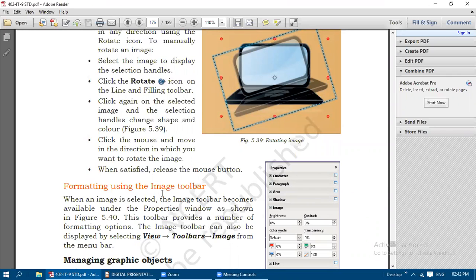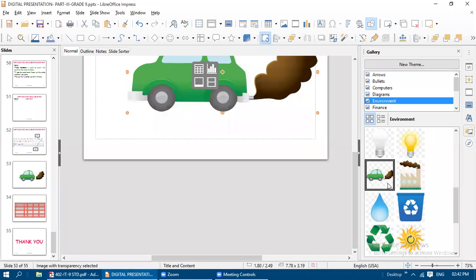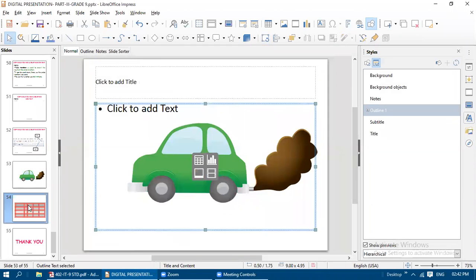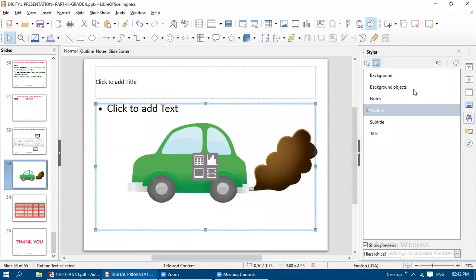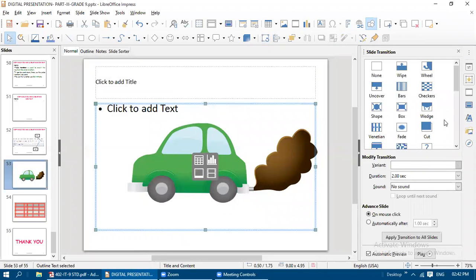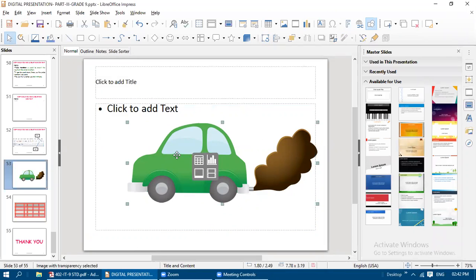Next one is formatting using the image toolbar. When an image is selected, the image toolbar becomes available under the properties window. When any image is selected, on the right side in the properties window, we will get it, only after the image is selected.